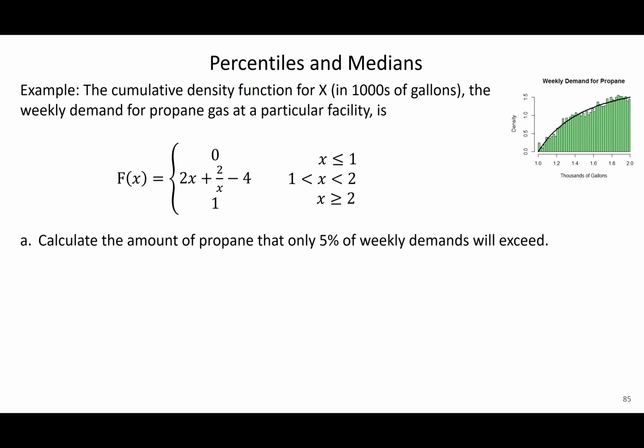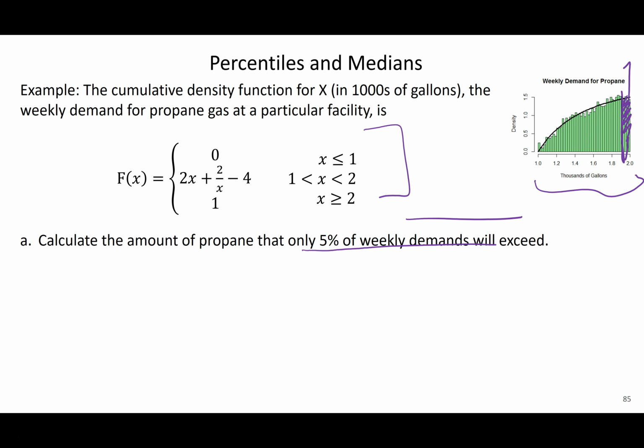Okay, so we're going to look at an example here. Still the propane gas example, so I hope you like it. And so specifically, we're going to use the CDF that we calculated earlier, and we're going to calculate that value of x. So remember, x is between 1 and 2,000 gallons, that only 5% of weekly demands exceed. That sounds weird, and I want you to be cautious. So if only 5% exceed it,